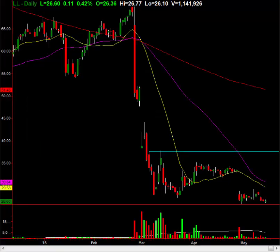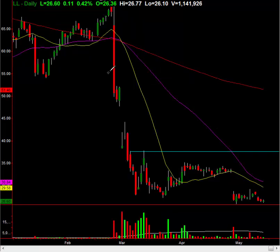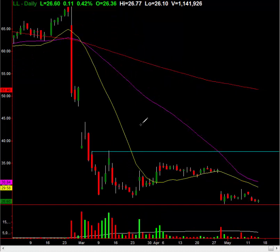Markets today are trading sharply higher. One stock on my radar is Lumber Liquidators. Why? Well, the chart appears to be setting up for some upside. One thing that I'm noticing here is the stock was down earlier today, now green on the day with a nice reversal. In addition, notice how it's starting to form a little bit of a base here at